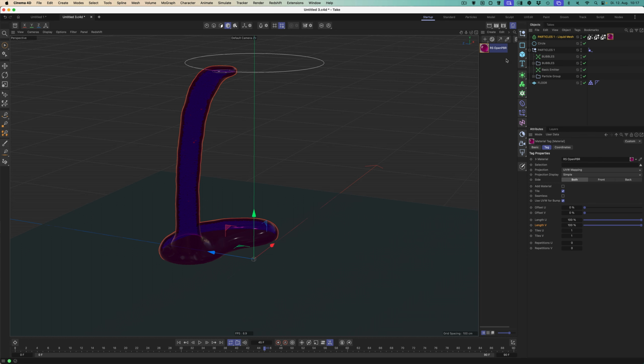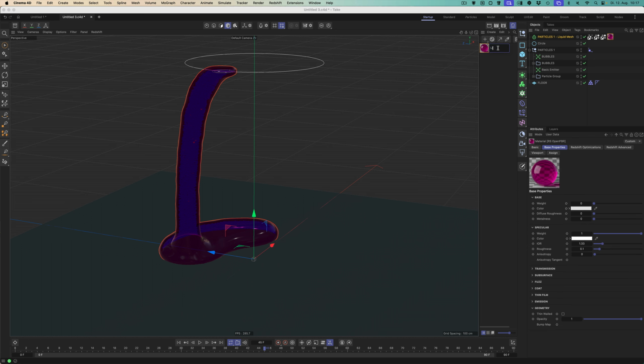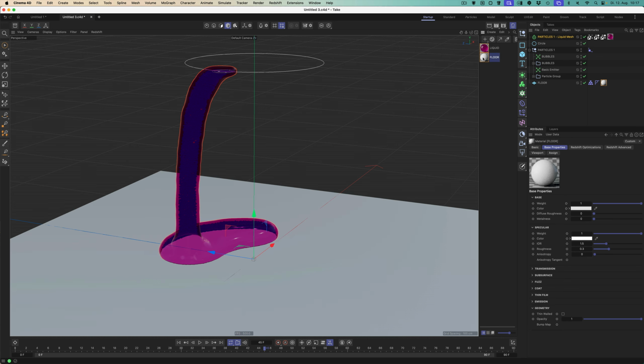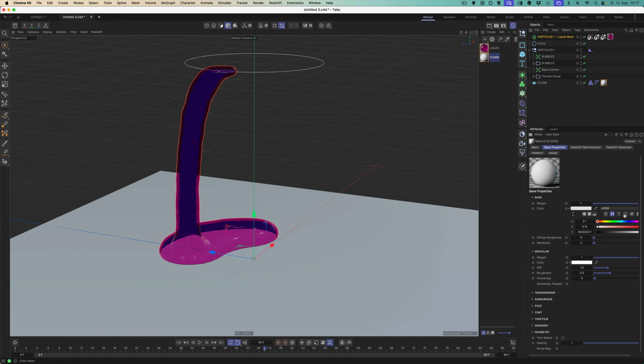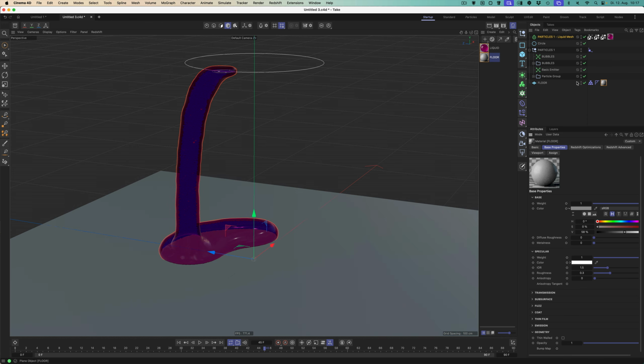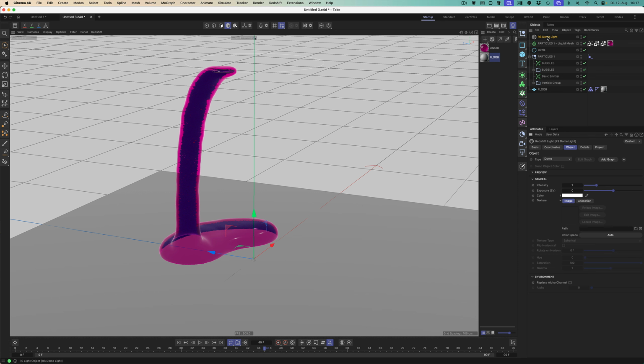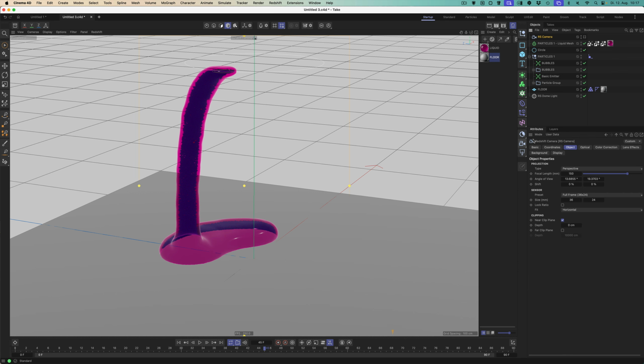So we also need a color. We rename it to liquid and create also a material for the floor and place it on the floor. Make it maybe a bit darker, and then we create a dome light. So, and of course a camera,